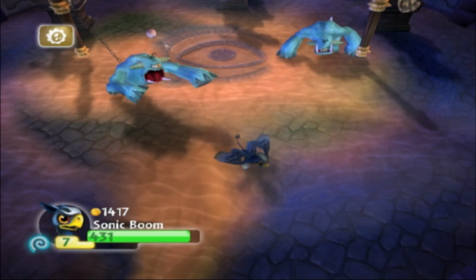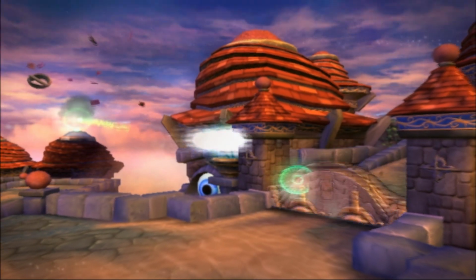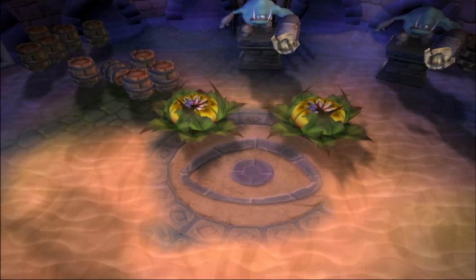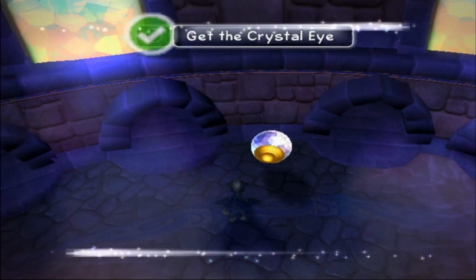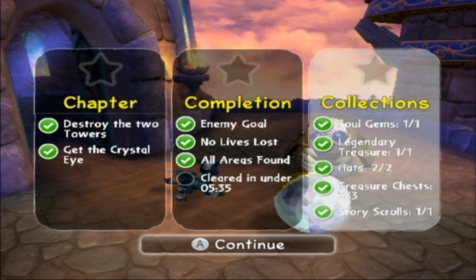Next up is the second tower, and we take out all the enemies inside and smash the second beacon, deactivating the gate. Through the gate, we're able to collect the final chest of the level, and now we have to take on the last tower to retrieve the eye. The enemies inside are a lot tougher than anything we've faced so far, but thankfully we make it out alive and collect the eye. Once again, we've completed every goal except the time goal, so...